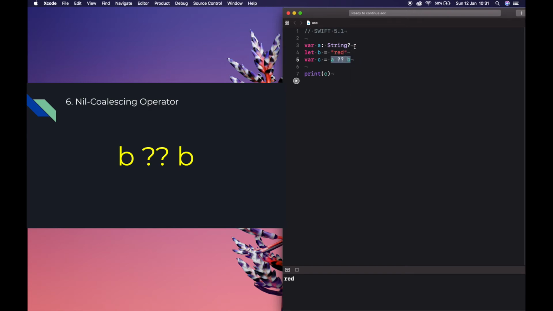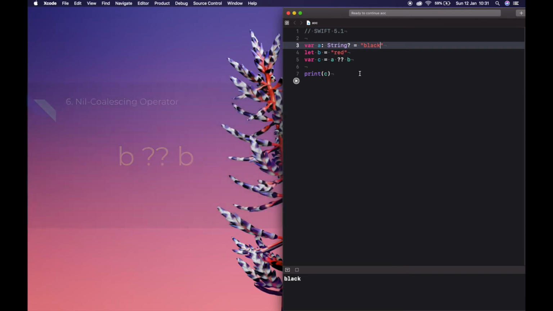In this case, there is no value, so it will take the default value red. So we can put a value in a, and in this case we got the optional value because we have the value. This is the nil coalescing operator.